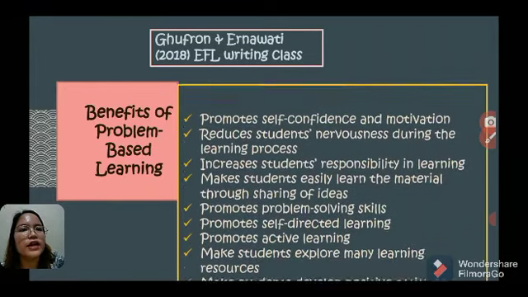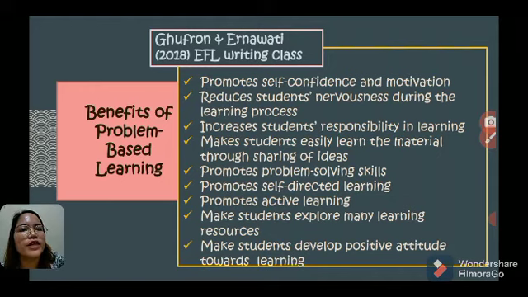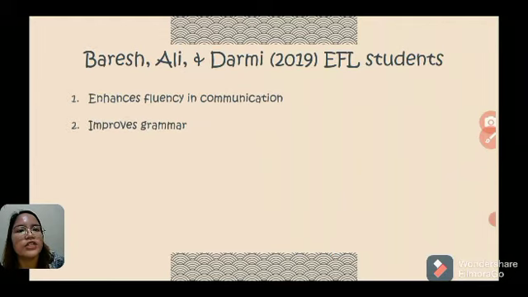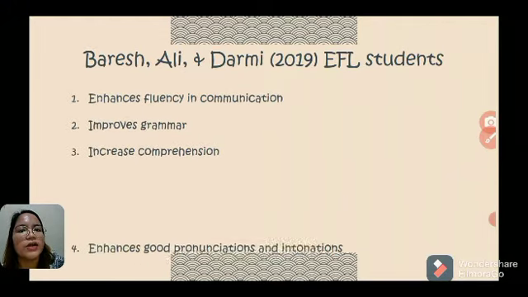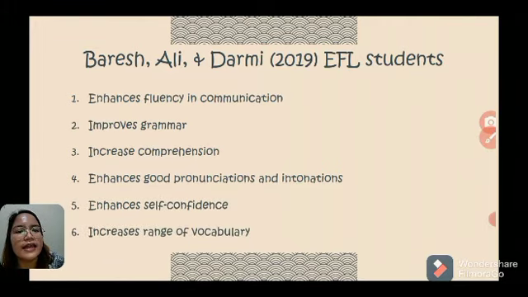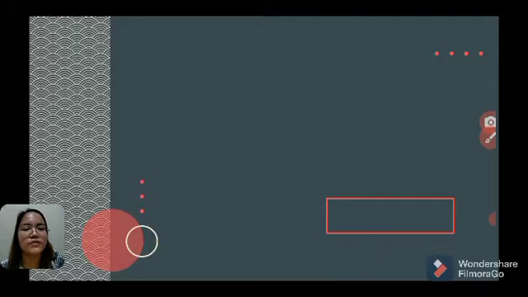Problem-based learning, according to Goffrod and Ernawati 2018 in an EFL writing class, and Baris, Ali, and Darmi 2019 for EFL students, enhances fluency in communication, improves grammar, increases comprehension, enhances good pronunciation and intonation, enhances self-confidence, and increases range of vocabulary.